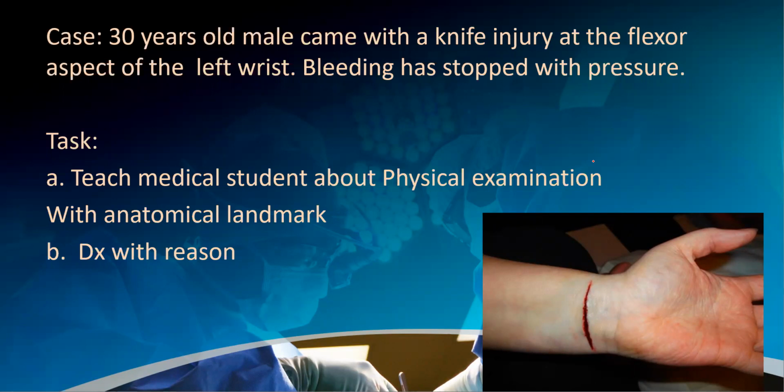We need to check the flexion of the wrist, extension of the wrist, radial deviation as well as ulnar deviation. Then we need to check the finger movements: flexion, extension, abduction, and adduction. Okay,